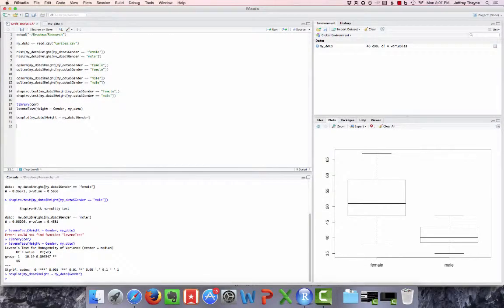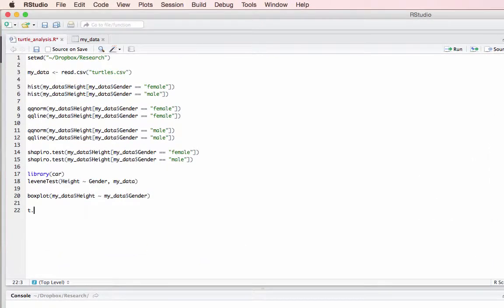At this point, we can perform our t-test. To perform the t-test, you use the function t.test. Then you signify the column that contains the data that you're running the test on, which in our case is my data column height. Then you signify the column that contains the two samples you are comparing using the tilde sign. And in our case, it's my data